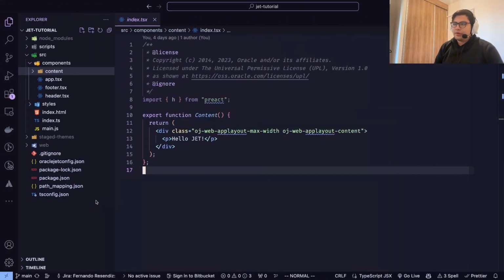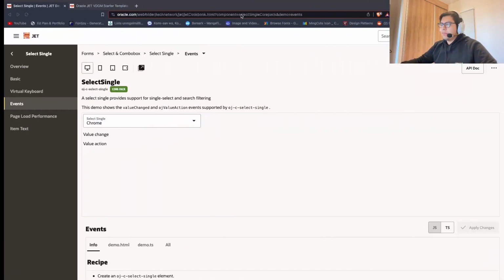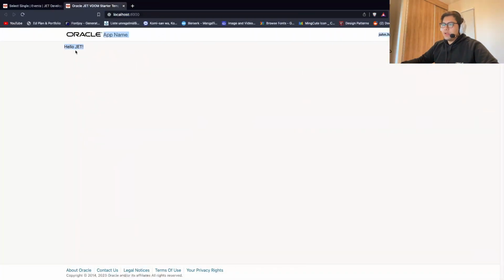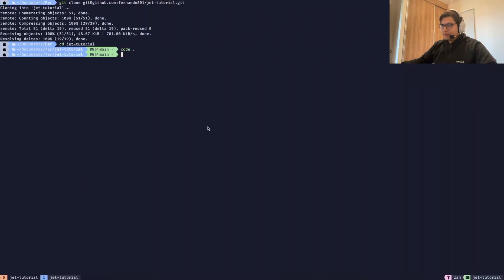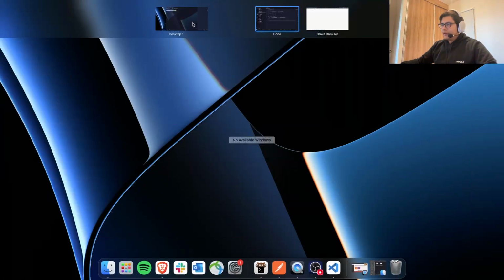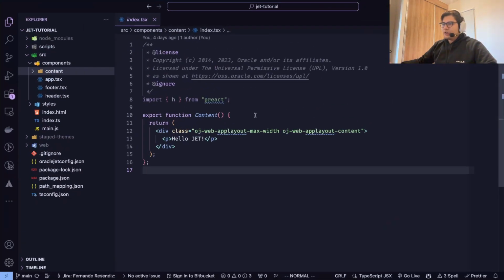So if you remember, in the previous episode we created the project and also modified the contents on the content component. What we're going to be doing right now is creating a new component and importing it into this component so it can be rendered in the application, just like we render the hello jet message in the application. So if we go back to our code, what we need to do to create a new component is